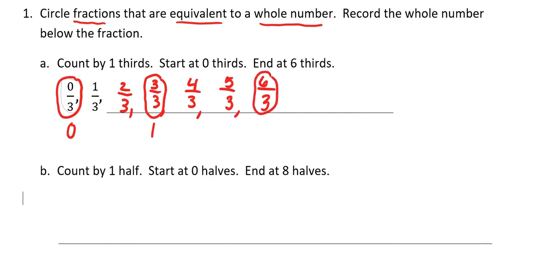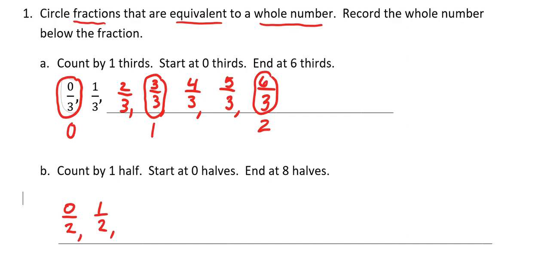If I have 6/3, I can think of that as 3/3 plus 3/3, which is the same as 2 wholes. So when I skip count by thirds, 0/3, 3/3, and 6/3 are those fractions that are equivalent to whole numbers. In part B, I'm going to do the same thing, but this time I'm going to count by 1/2. I'll start with 0/2,